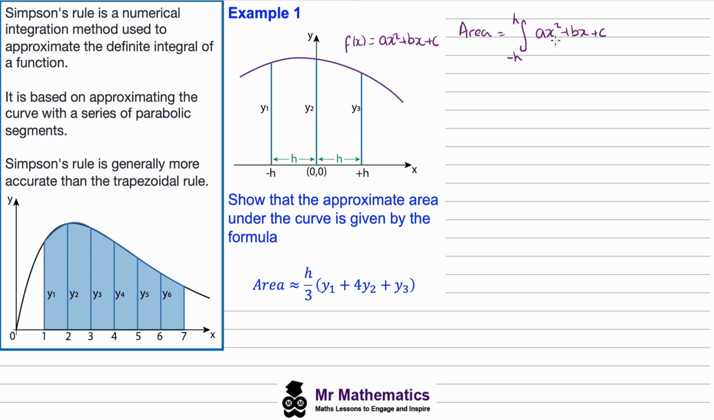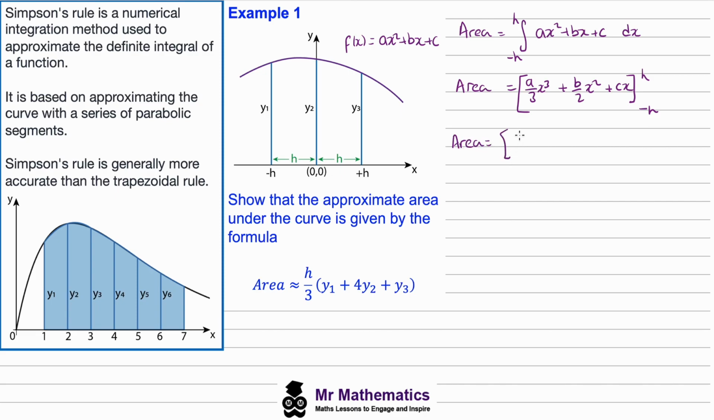So this is a fairly simple integral to work out, and we're integrating it with respect to x. So this becomes the area is a over 3 x to the 3 plus b over 2 x squared plus c multiplied by x, and the limits between negative h and h. So now to work out the area, we can substitute in our limits. We'll begin by substituting in this h. So the area